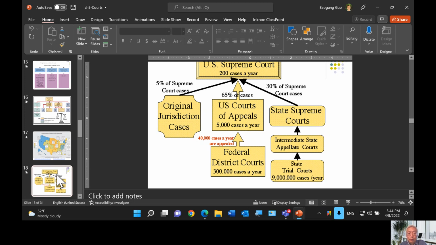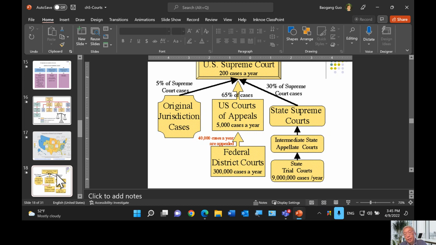But the Supreme Court's review of petitions is non-mandatory. It's discretionary, meaning that the court decides which cases they want to hear and which they don't.